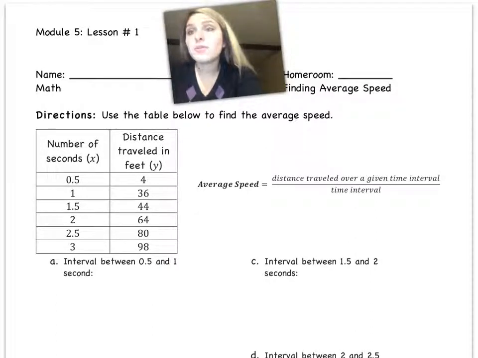Okay, I'm going to walk you through the steps again on how to find the average speed because I know yesterday there was a little bit of confusion with it. I'm going to walk you through the first question here. I'm going to get you started with the second one, and then I need you to finish the rest of them on your own. So, when you find the average speed, the formula that you have to use is the